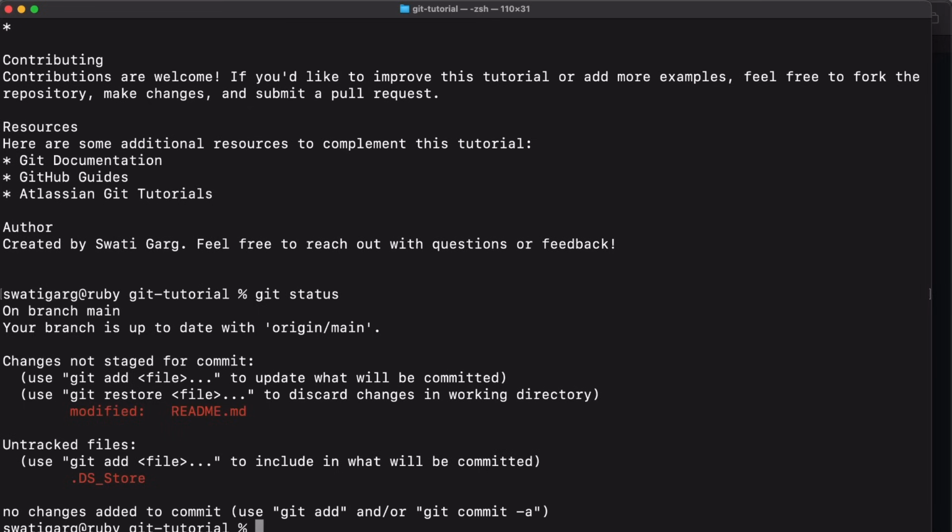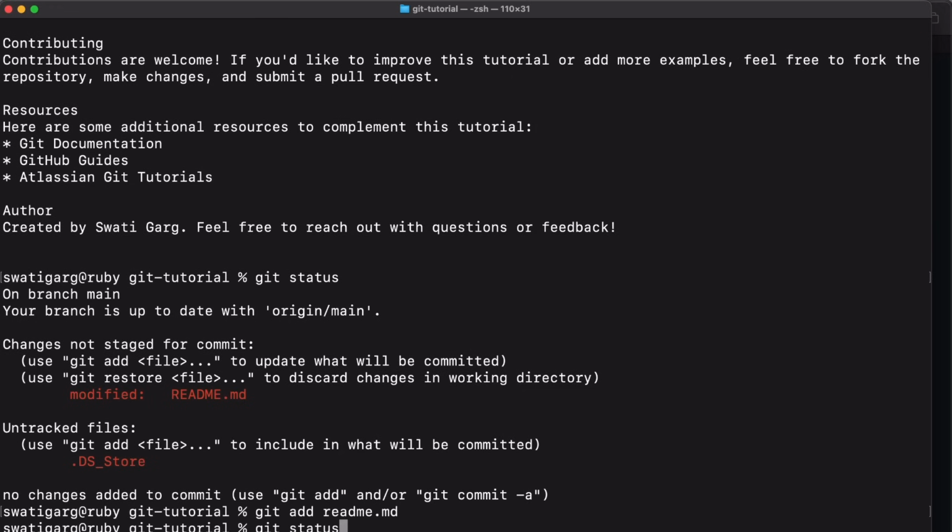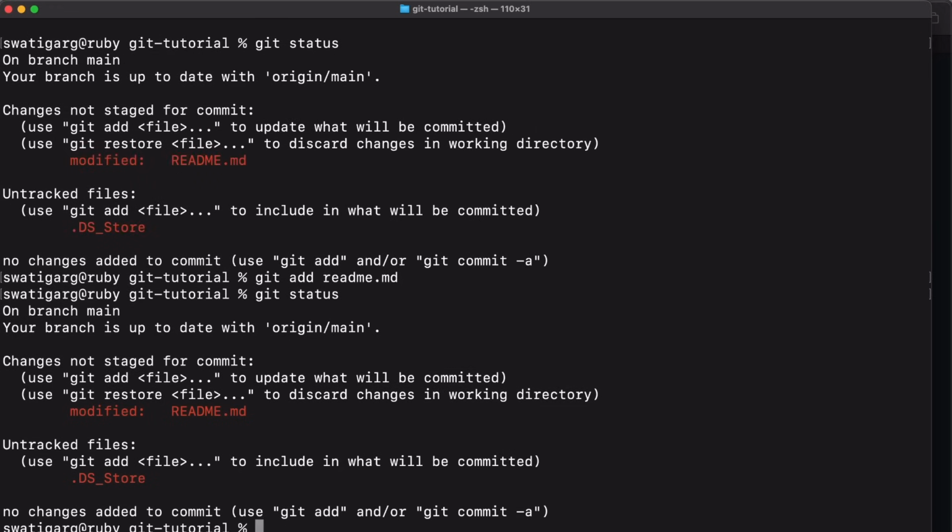If you're using a Mac, then you will encounter the problem of .DS_Store also being added. These are system files in Mac and they are automatically picked up by git if you do not add them in .gitignore. If you have .DS_Store in your git repository, we'll see how you can remove that. But first let me add the readme.md. So I'll add git add readme.md. Now if I again go to git status, then